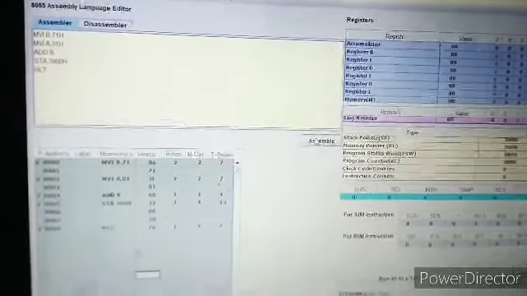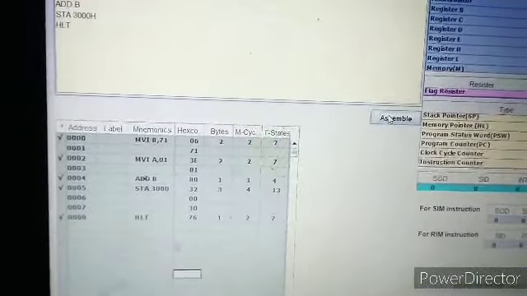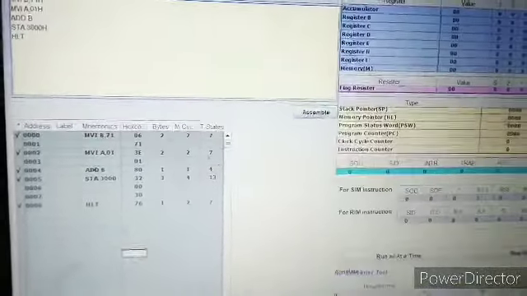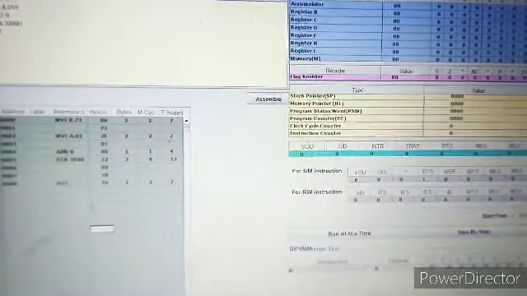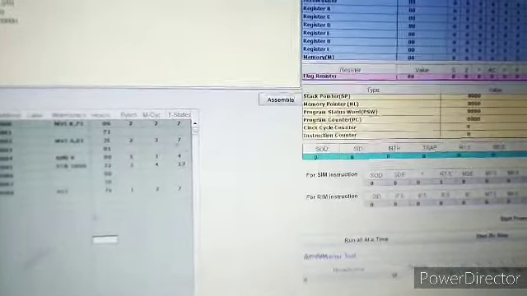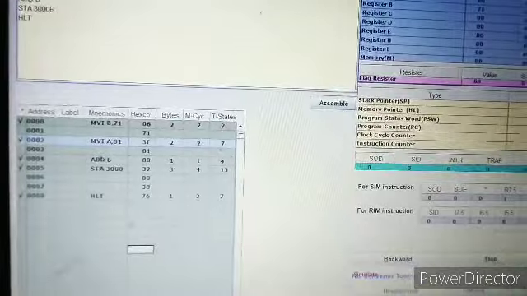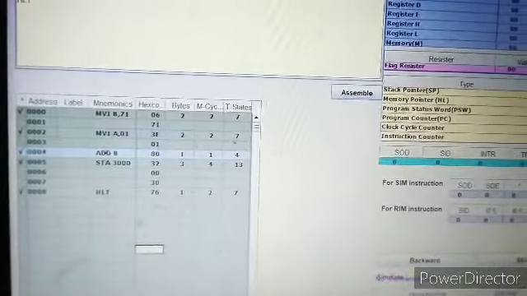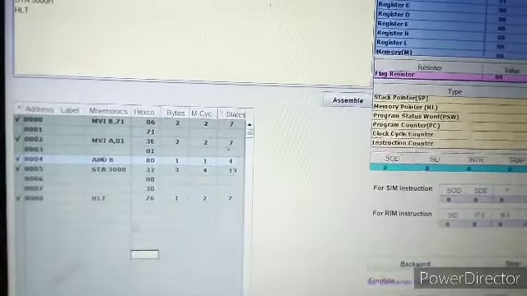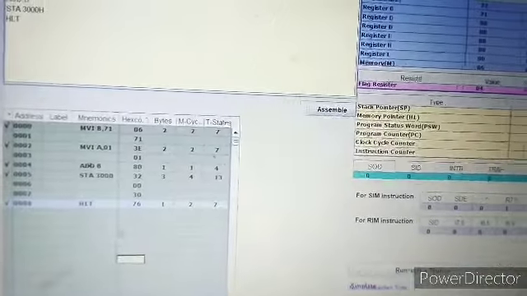Assemble. Now you can see how the program gets executed. See, you can do run all at a time. I'm just doing the step-by-step process to give you a clear understanding. First, step 1. Can you see? Whenever I'm pressing the button, this is how our program gets executed step by step.